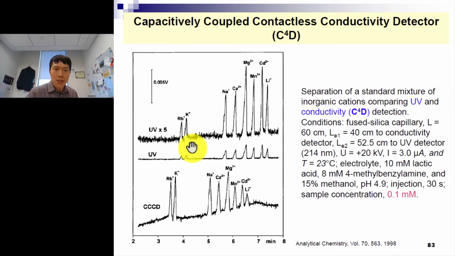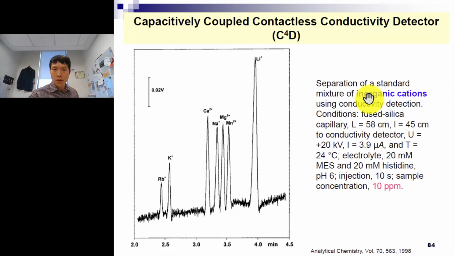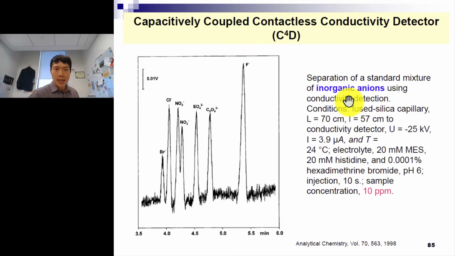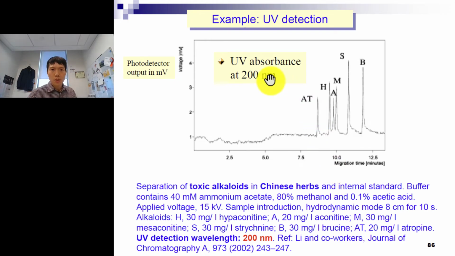Here are some CE electropherograms to show the usage of UV and C4D detection for a sample concentration of 0.1 millimolar, with a mixture of these cations. And then you have another one which analyzes down to 10 ppm, because we're using UV. Inorganic anions as well, not just cations. Hope you can understand why the migration time is such. Here we have UV detection at 200 nanometer absorbance wavelength, analyzing TCM